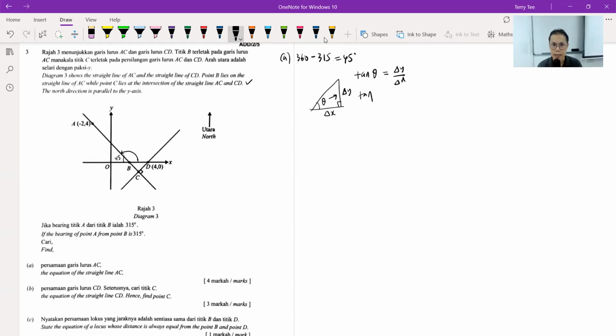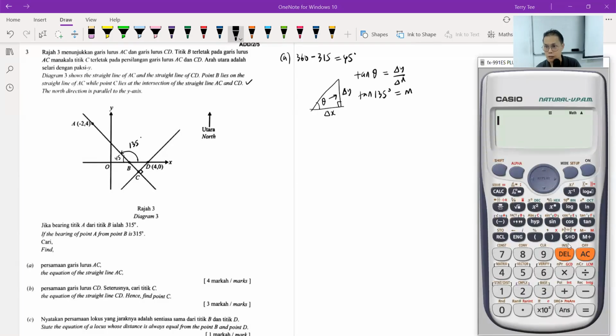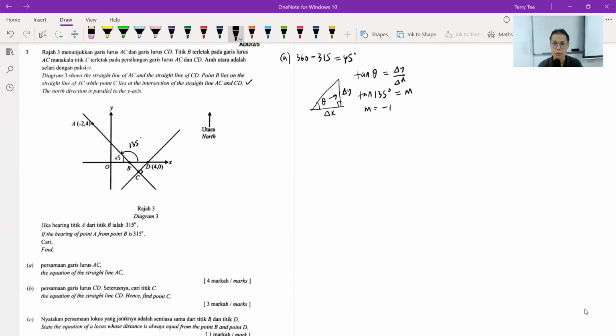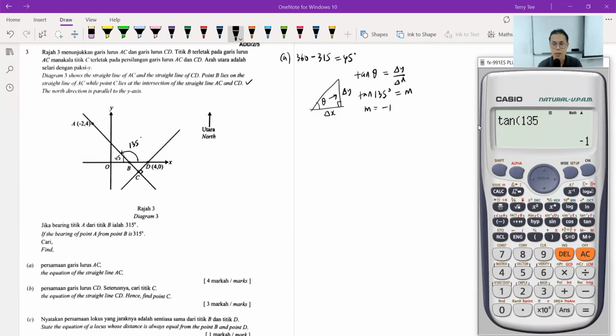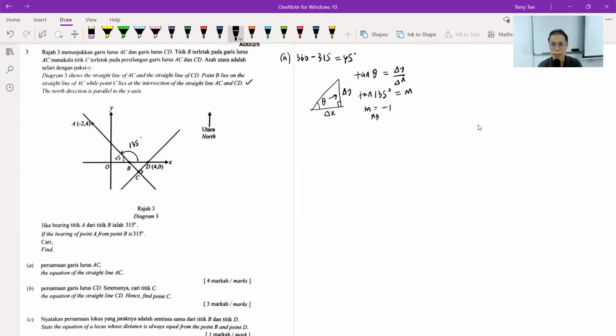So here the angle is 45. So this is 135, right? So you can use tangent 135 equals this, your gradient. And if you use your calculator, tangent 135 is just -1. It is -1 because it's in quadrant number 2. In quadrant number 2, tangent is negative. If not, you can just use your calculator. So in this case, the gradient of AB, or you can say line AC, I'll just write line AC, is